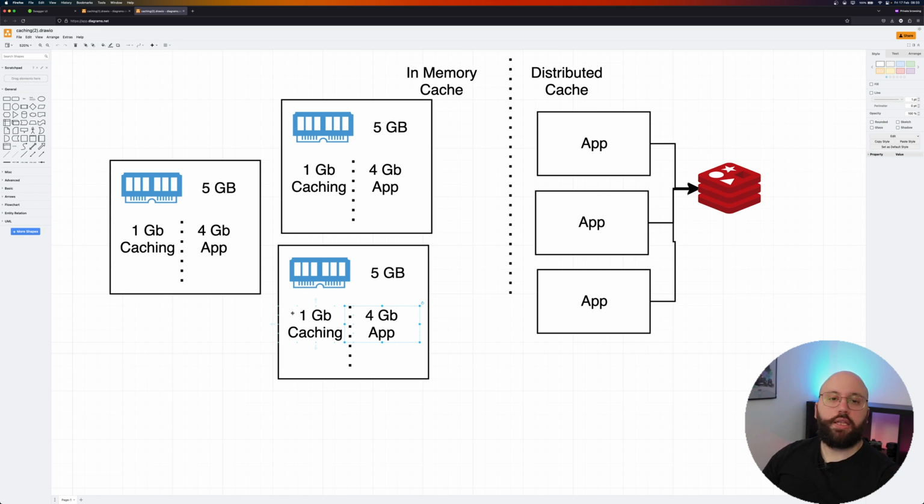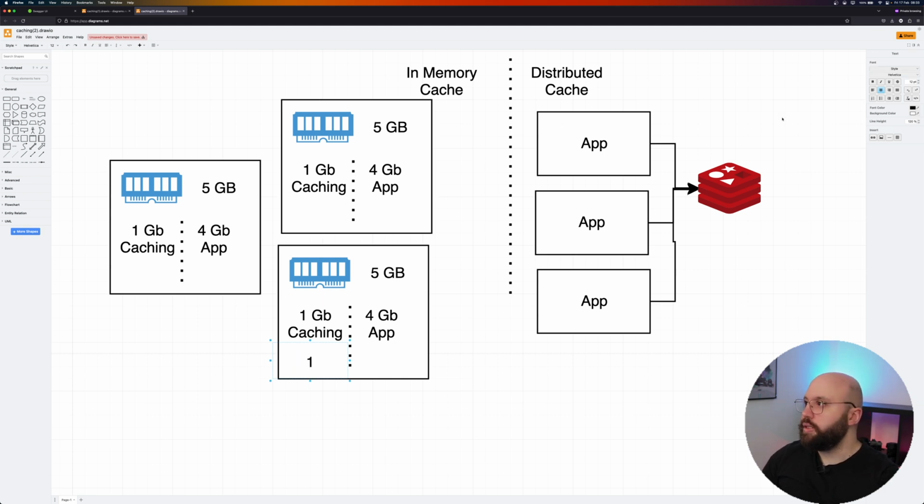So what happens here if a request comes in? Let's say I'm a user interacting with the application, and I can't really decide as a user to which server my request will go. That decision is going to be made by the load balancer, because it will see which server has less traffic and it will route my request to it. So here, for example, let's put this server as 1. If my first request comes to server 1,